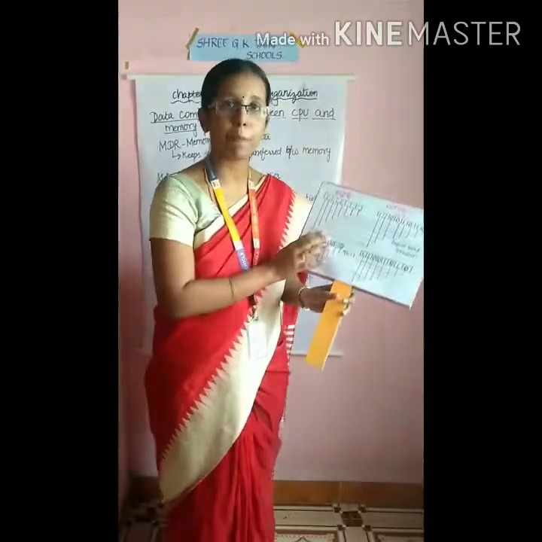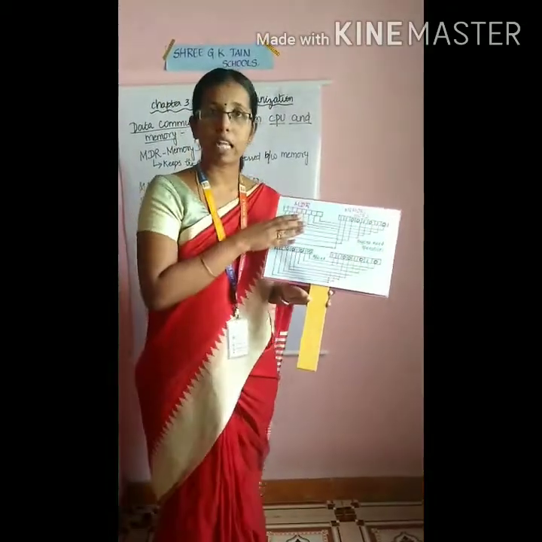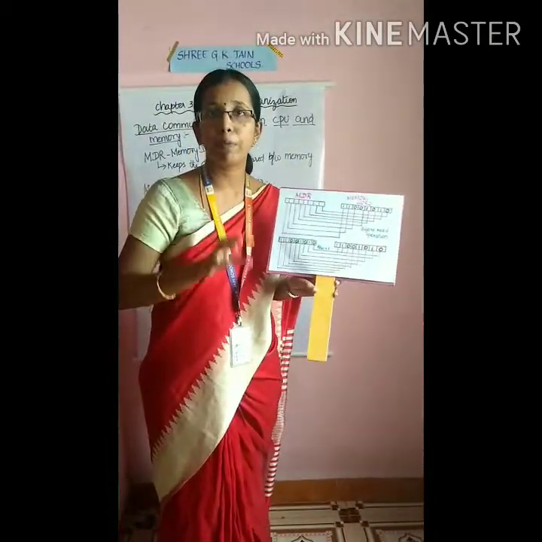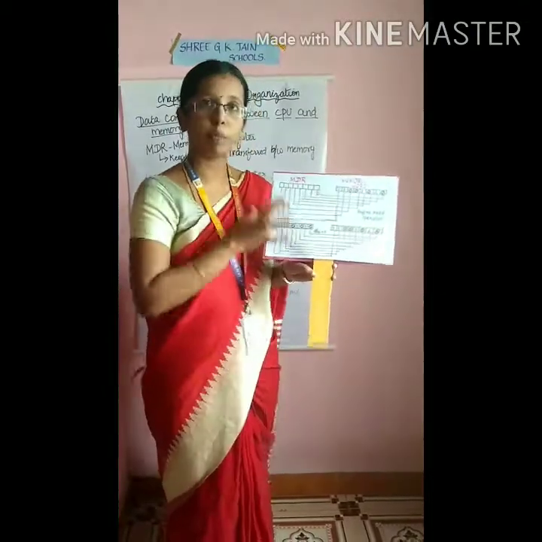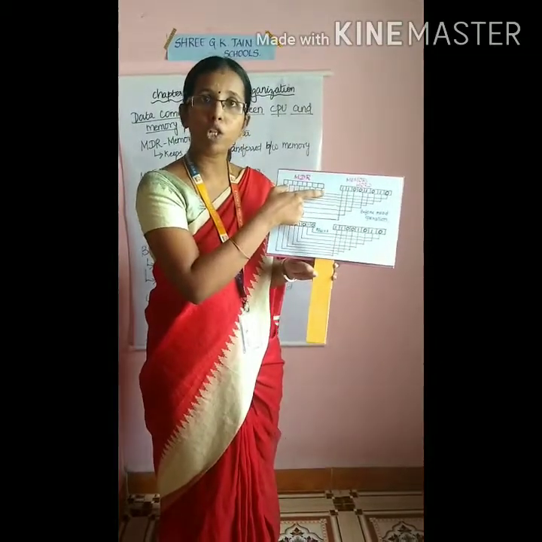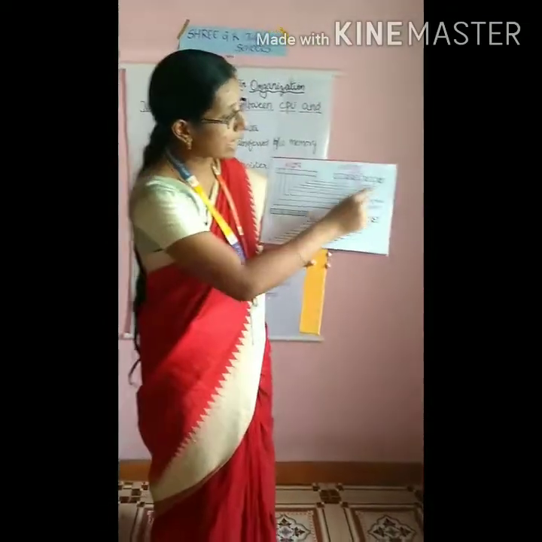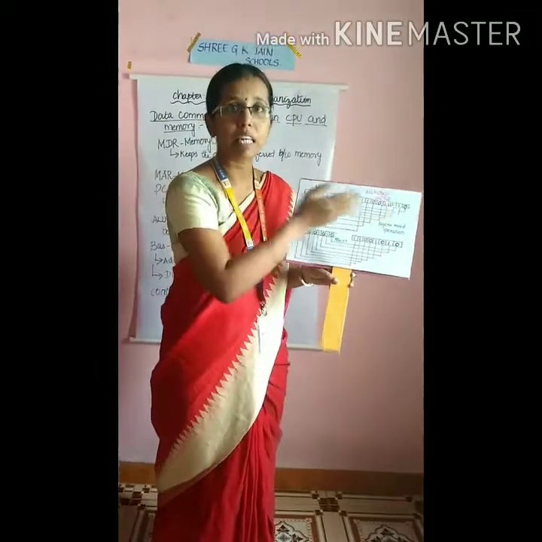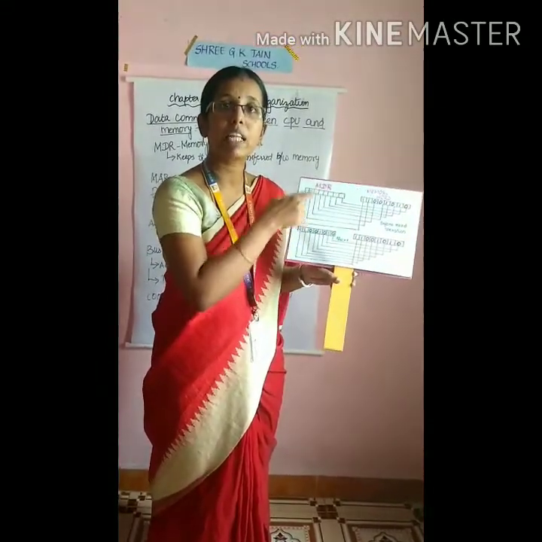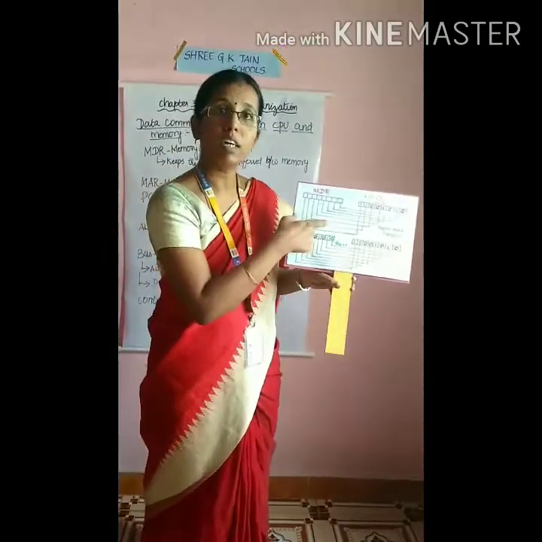How is it actually happening? That is what is explained in your second diagram. For example, if you take an 8-bit processor, an Intel 8-bit processor, then your MDR will also have 8 bits, and the word in your RAM will also take 8 bits. And all these lines are nothing but your bus connectivity. So you will have a data bus, 8 parallel wires connected between your MDR and the memory. That is your word in the RAM.